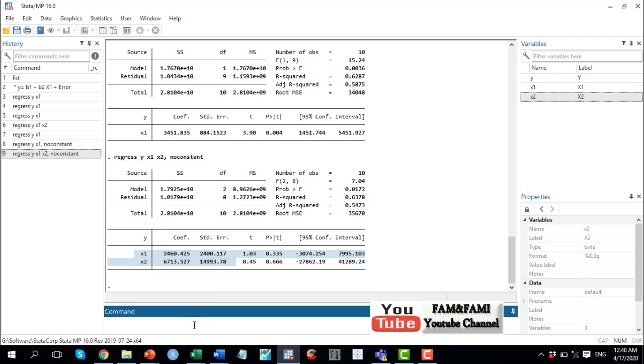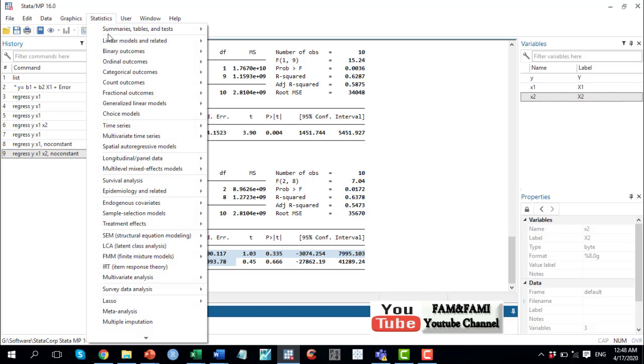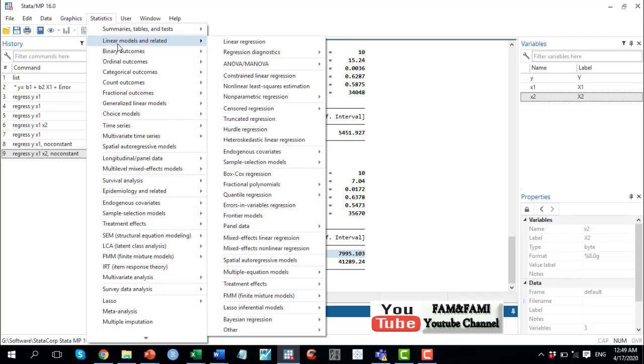Now we can also estimate these regression models, simple as well as multiple linear regression model, using dialog boxes. In order to do that, go to the statistics menu, and the second option is linear models and related. In the submenu, choose linear regression.